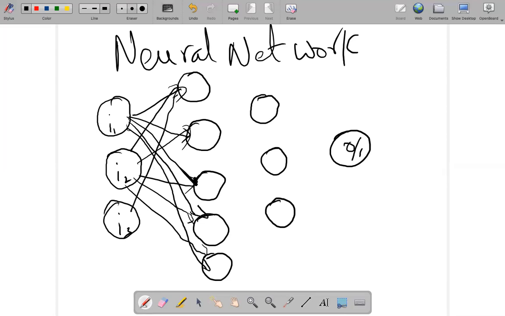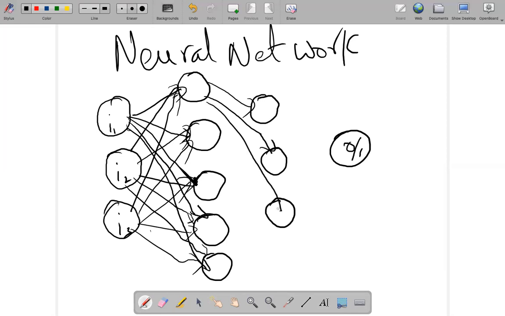Similarly, this will send information to this, this, this, and this. And from this, it will go to this, and this. This also will send it here, to this, and to this. Similarly, this will push information here and here.